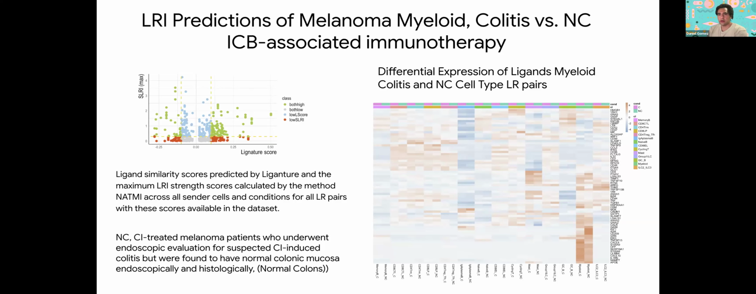So the normal colons are CI-treated, cancer immunotherapy-treated melanoma patients who underwent endoscopic evaluation for suspected CI-induced colitis, but were found to have normal colonic mucosa, endoscopically and histologically normal colons. And we can see mostly the myeloid cells in the colon, in the colitis and normal colon, and then that have higher levels,